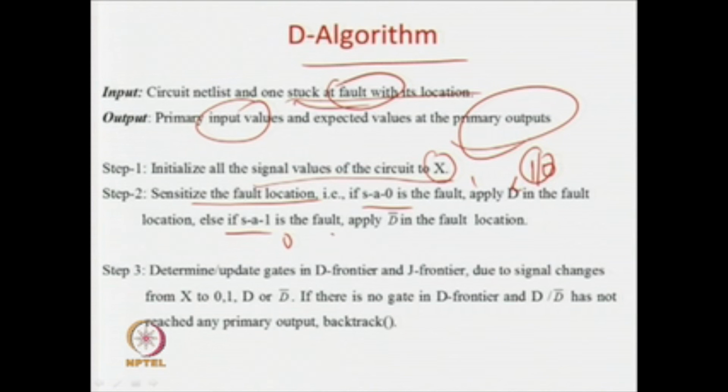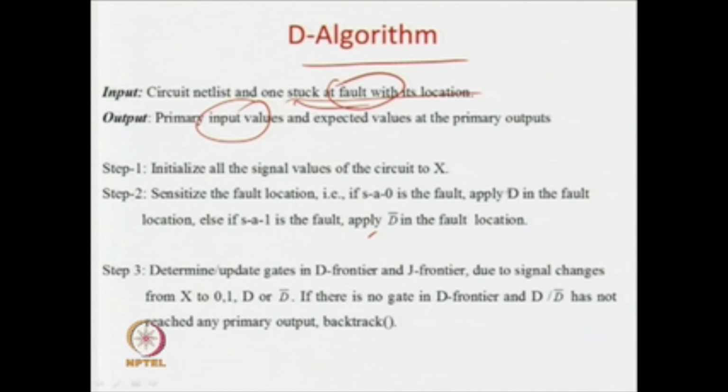Then if the normal case is there, the circuit is 0, and if the stuck-at-1 fault is there, the answer is 1 at that net. So, the answer is D prime. Therefore, you sensitize the fault. If it is a stuck-at-0 fault, then we write D in the fault location, and if it is a stuck-at-1 fault, we write D prime in the fault location, implying that this is the fault effect which